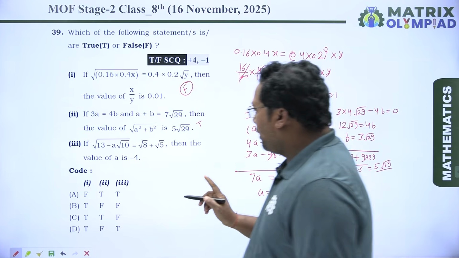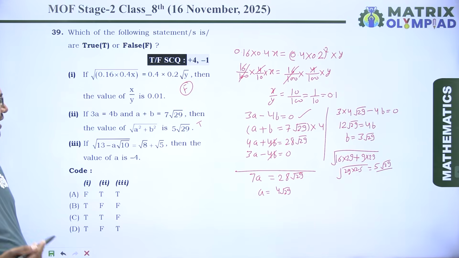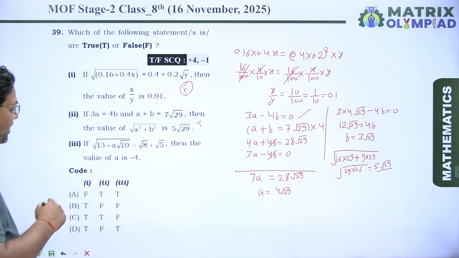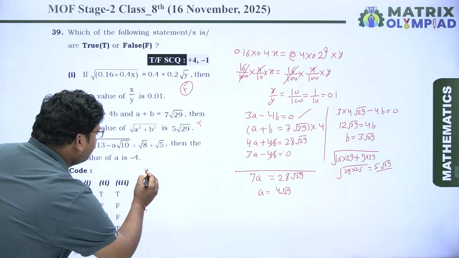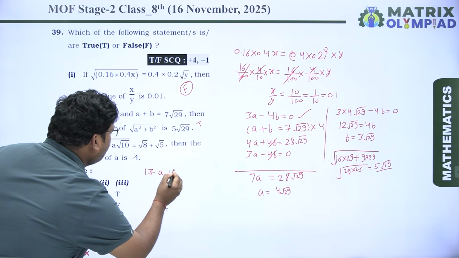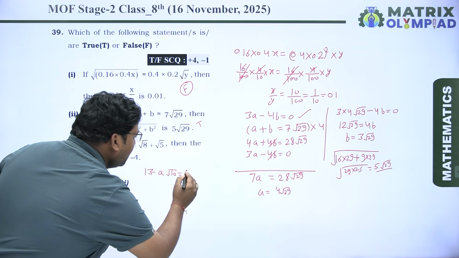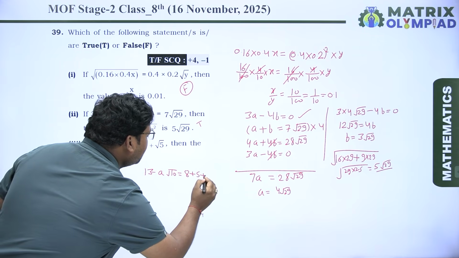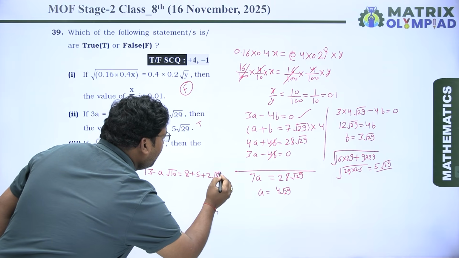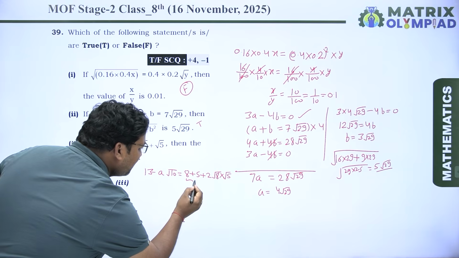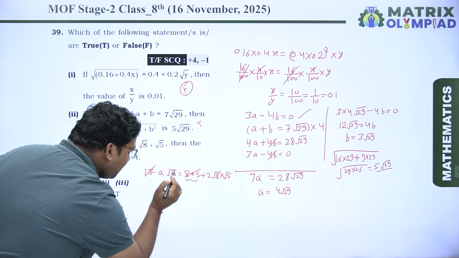Next is under root of 13 minus a under root 10 equal to root 8 plus root 5, then the value of a is minus 4. So in this equation we have to do first squaring on both sides, so we will get 13 minus a under root 10 equal to the square of root 8 plus root 5, which is 8 plus 5 plus 2 under root 8 into under root 5. Now you can see here 8 plus 5 is 13,